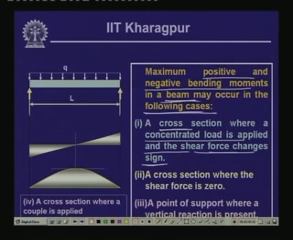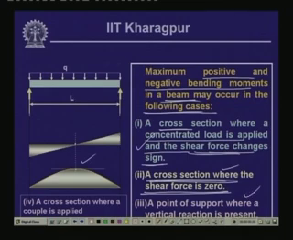Also, it is expected that the maximum bending moment occurs at that particular point. Also, maximum bending moment occurs at a point or a section where the shear force is 0. Wherever the shear force is 0, we expect that the bending moment there is the maximum. Now, a point of support where vertical reaction is present, there also, now this we will look into through an